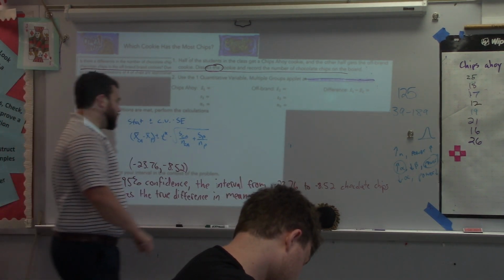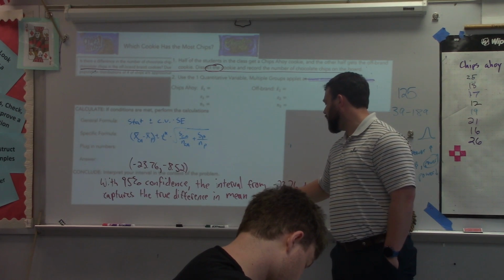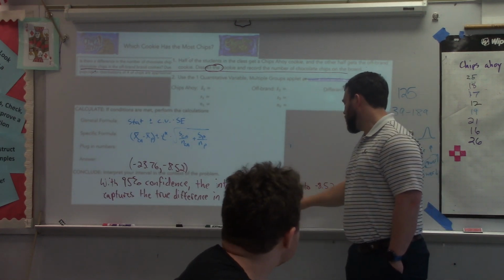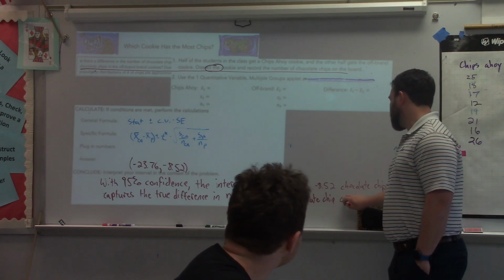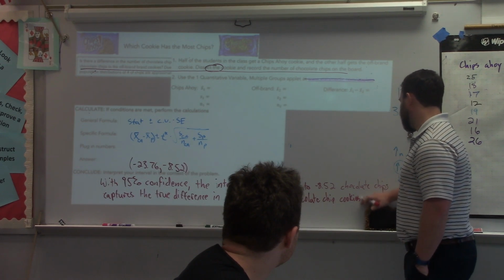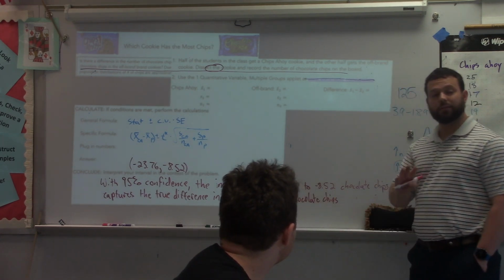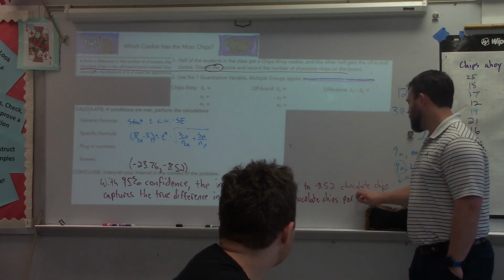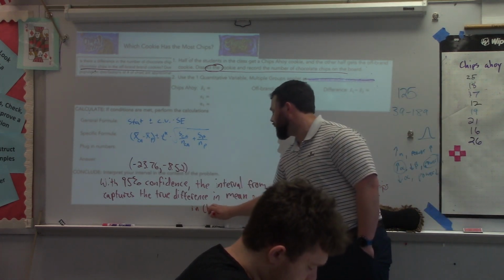So captures the true difference in means between the mean number of chocolate chips per cookie in Publix bread or chocolate chip cookies versus chocolate chip cookies for Chips Ahoy. Yep, thank you. That's why you always go back and read after you finish writing, because you can get lost. But number of chocolate chips per cookie in Chips Ahoy and